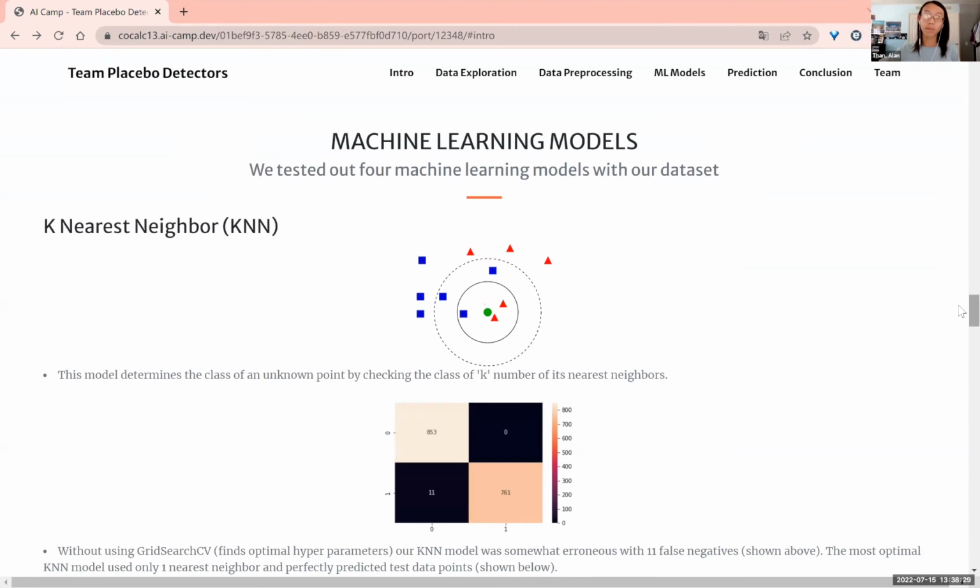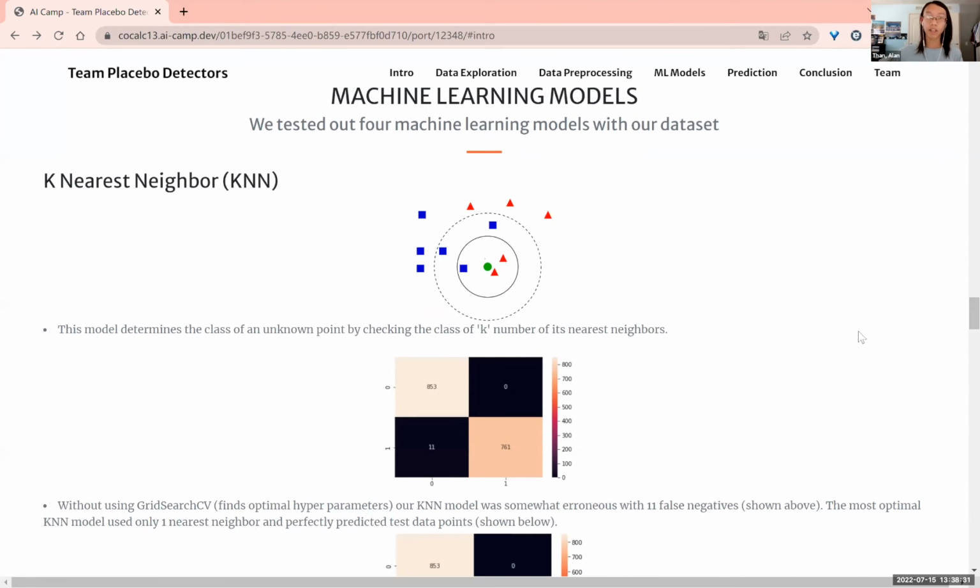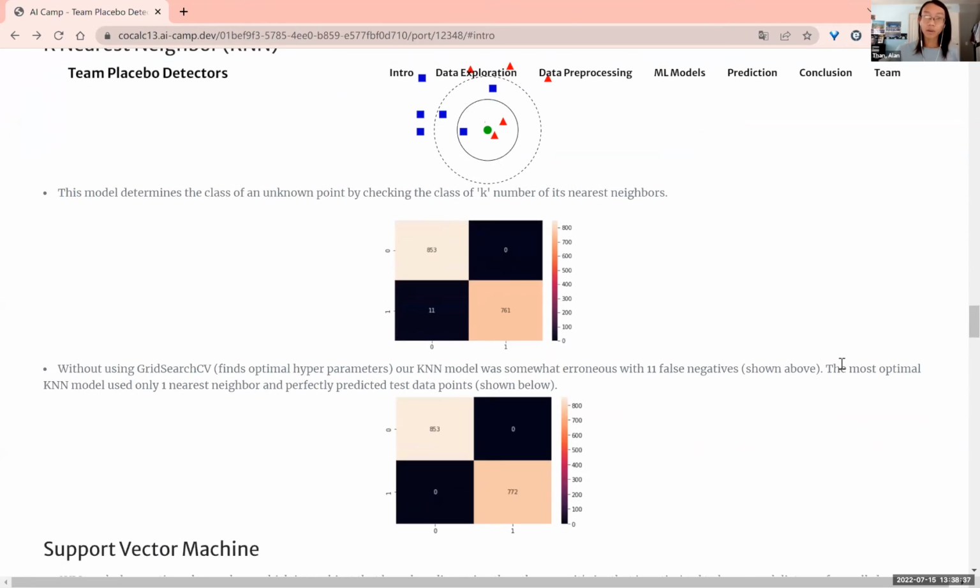One of the machine learning models we use is KNN, or K nearest neighbors, and a description of the model is shown. So let's just look at the results. We'll focus on the false negatives and the false positives because those are the errors for our machine learning model. We see that our first test for KNN, which has a hyperparameter of using 7 nearest neighbors,